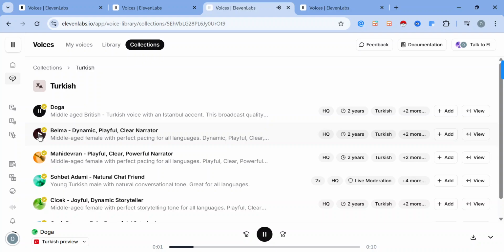So ElevenLabs, you can select a different voice. So once you've selected a voice that resonates with your project,